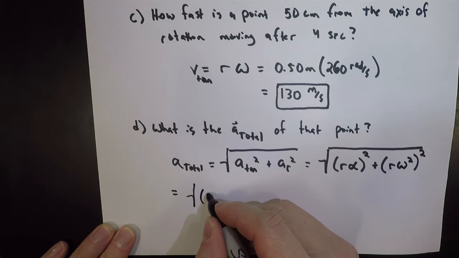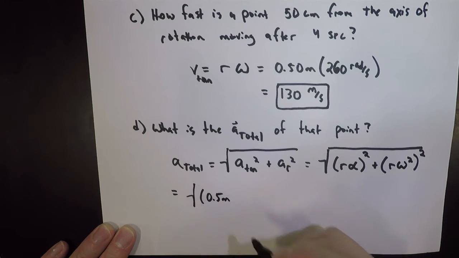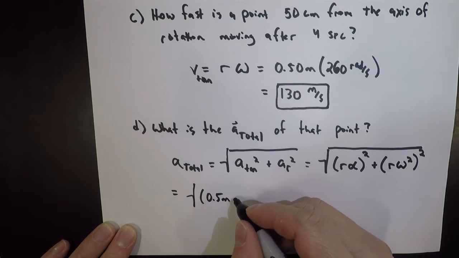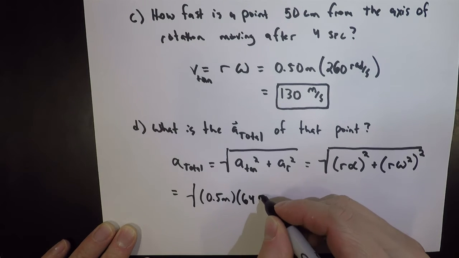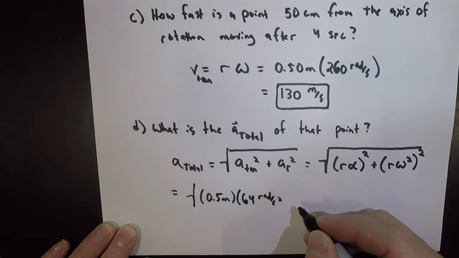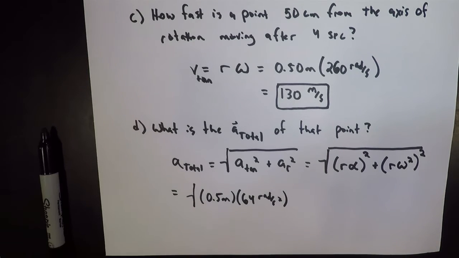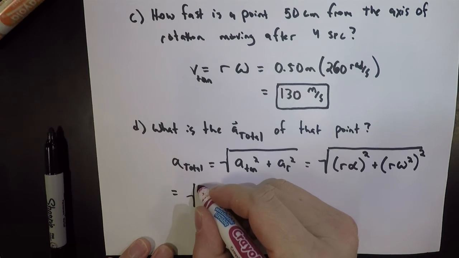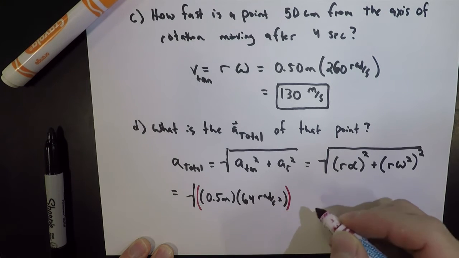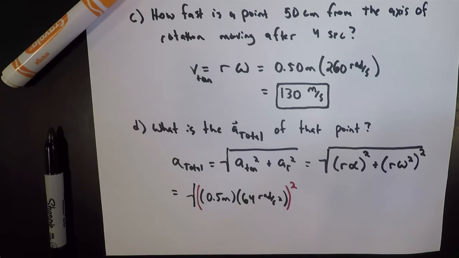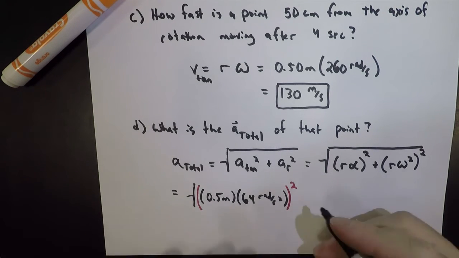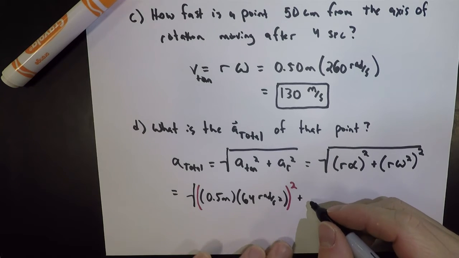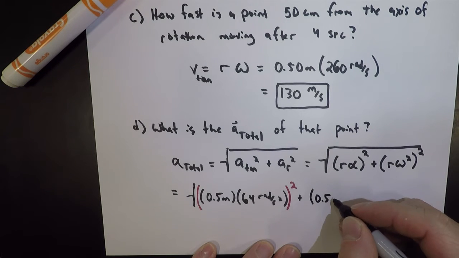So the first term, half a meter, 50 centimeters. Alpha was 64 radians per second squared. So all of this is my first acceleration. This is my tangential acceleration. So I've got to square that. And then we'll add to that 0.5 meters